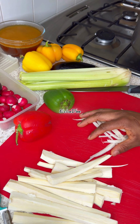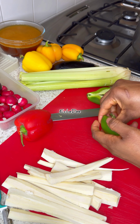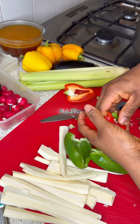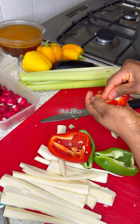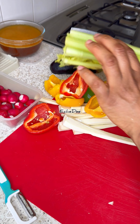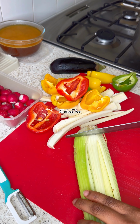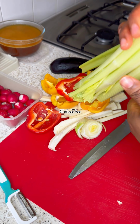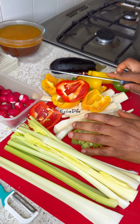Then moving on, I've got bell peppers. I'm just going to prep these. They are not actually scrap, but I just want something colorful. You know, I love making colorful dishes. So moving on, I've got the celery. This is half of the pack of celery I've got, so I'm just going to trim the ends and set